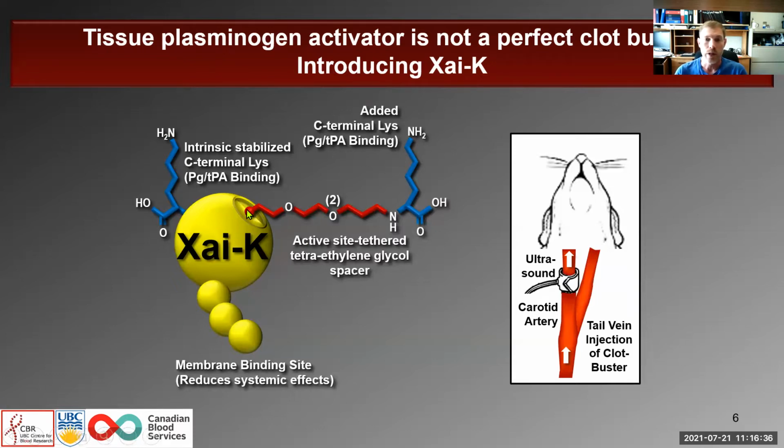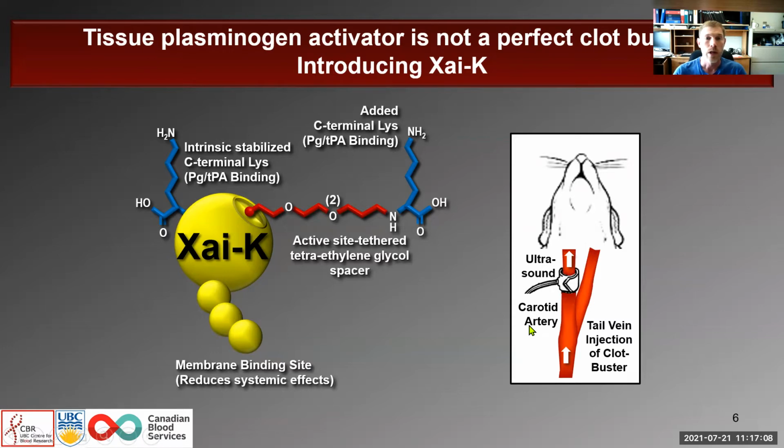Attached to the inhibitor is a PEG spacer made up of 8 units of ethylene glycol and terminating in a lysine residue. This, combined with the intrinsic C-terminal lysine and membrane-binding GLA-domain, gives us a molecule that should be able to bind 2 plasminogen molecules and act as a super cofactor for TPA at the site of a clot. And it does this all without introducing any 10A clotting activity. This is a recipe for a perfect clot buster, and I'm excited to show you how it compares to TPA